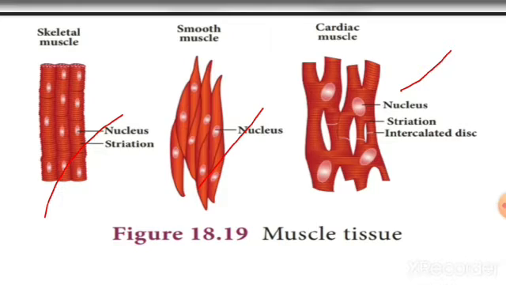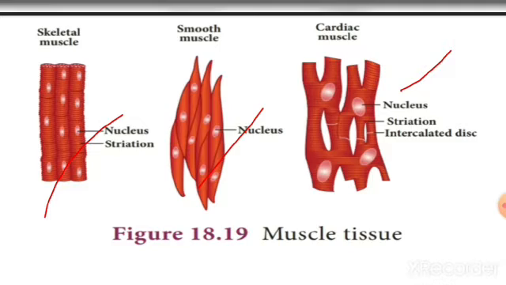Voluntary muscle means skeletal. We can consider skeletal muscle as a voluntary muscle because the movement takes place with our control. But cardiac muscle and smooth muscles are the involuntary muscles because the heart is made up of cardiac muscle, but the function of the heart is not under our control. So that is why the cardiac muscles are considered involuntary muscles,